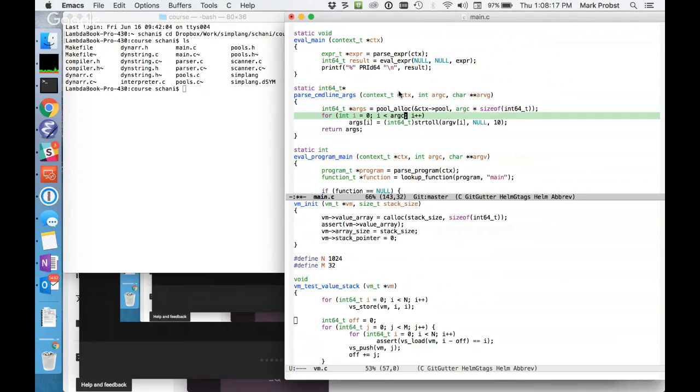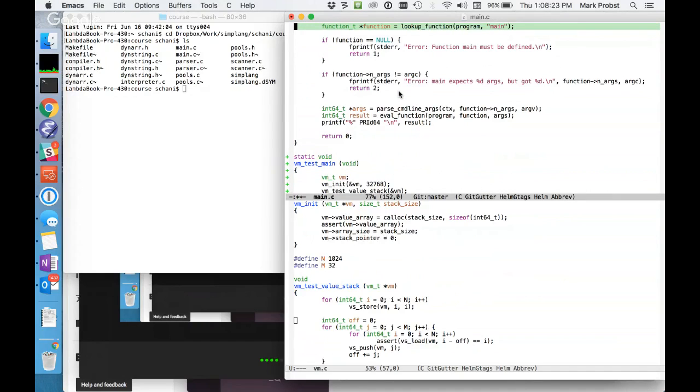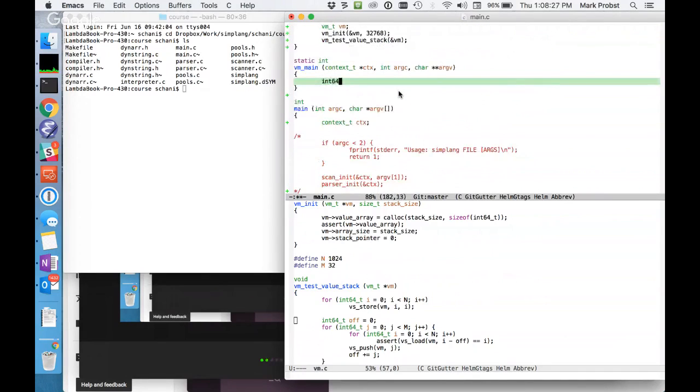Yeah. argv. Okay, so now I can do int64_t args equals parse command line args context argc argv,